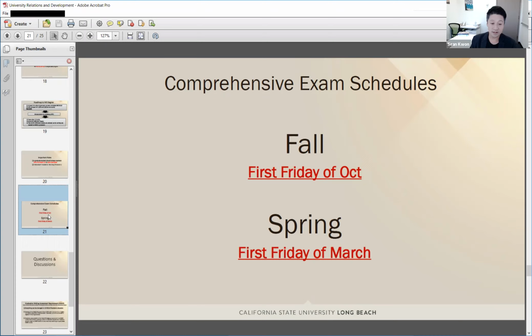Yes, a student can take the comprehensive exam twice at most. If a student fails the comprehensive exam, the student can retry in the next semester. But after that, twice is the maximum number of trials.